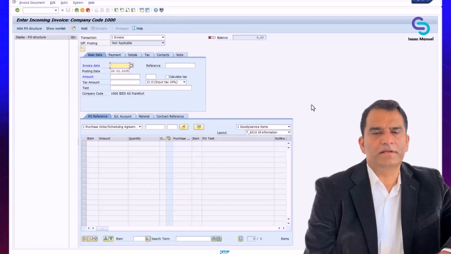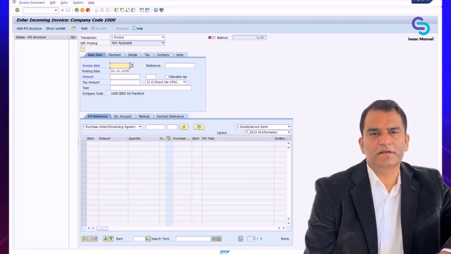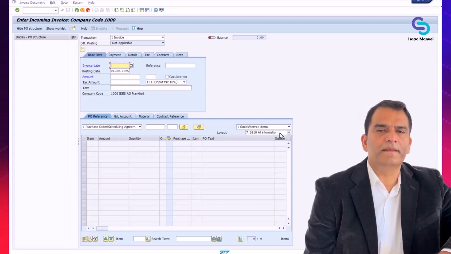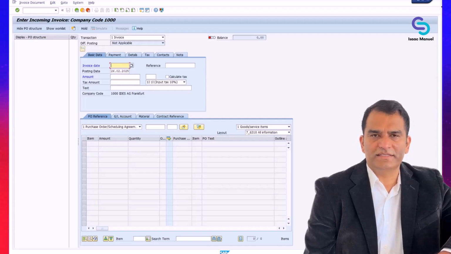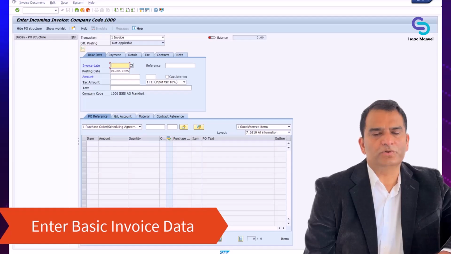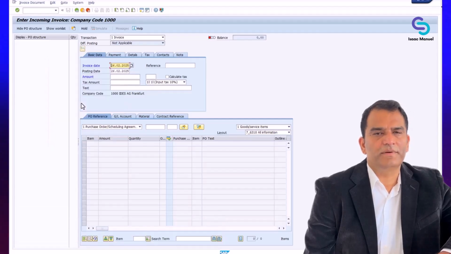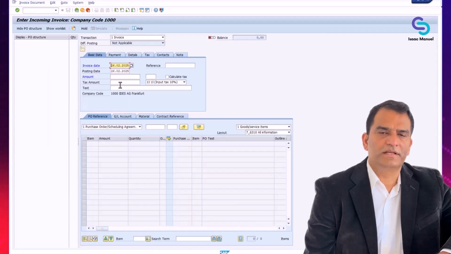Now that we're on the Basic Data tab, begin by entering the essential details required to initiate the invoice verification. In the Invoice Date field, enter today's date or the date listed on the vendor's invoice. This represents the date the invoice was officially issued by the supplier. Next, enter the reference number. This is the invoice number provided by the vendor and will serve as a unique identifier for this transaction in